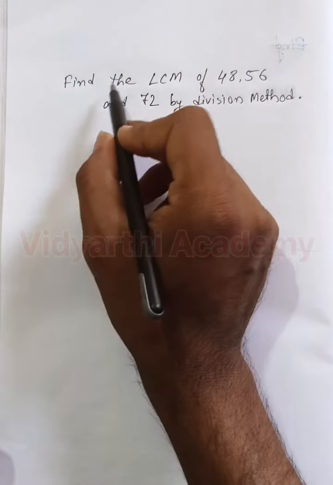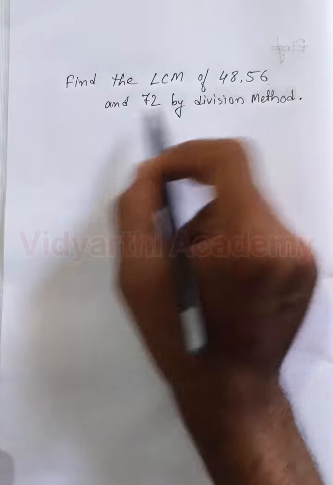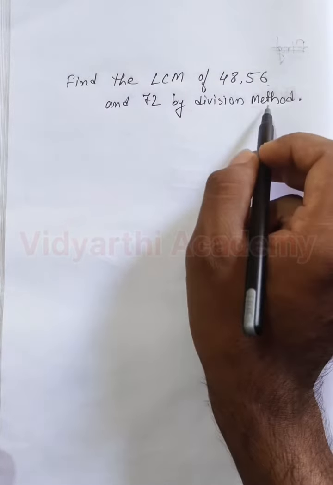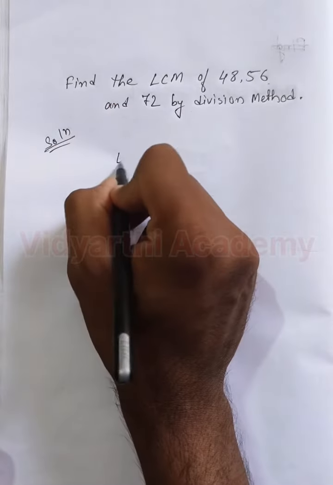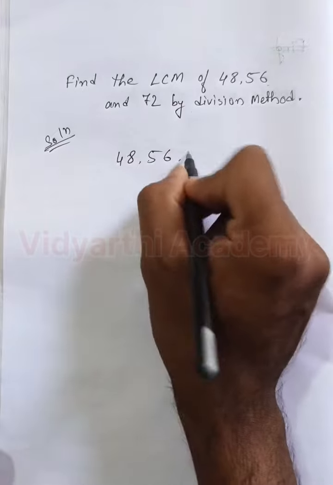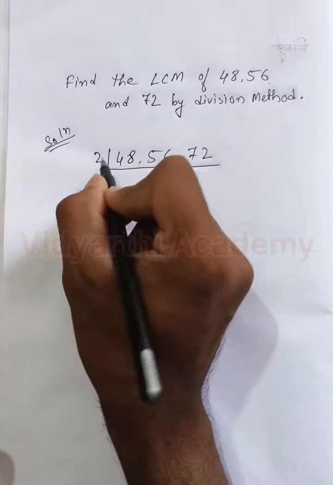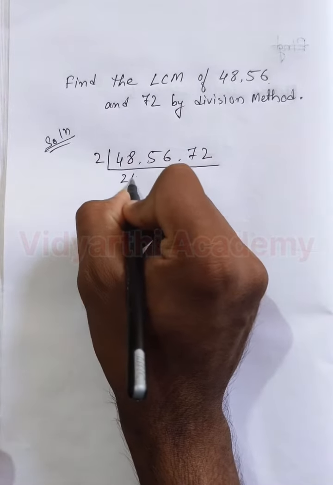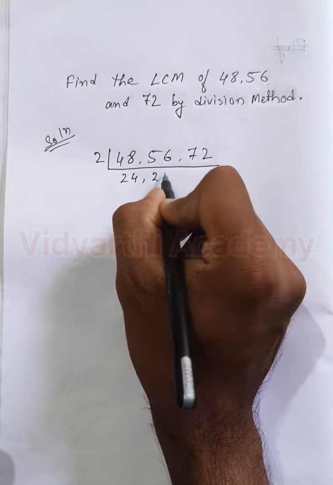Hello students, let us find the LCM of 48, 56 and 72 by division method. So, solution: 48, 56, 72 by division method. 2 into 2 2s are 4, 4 2s are 8, 2 into 2 2s are 4,